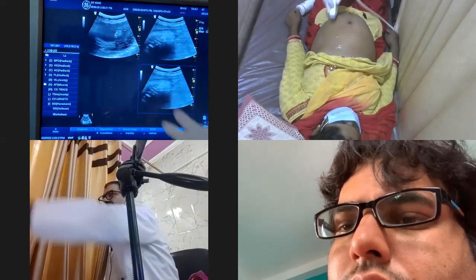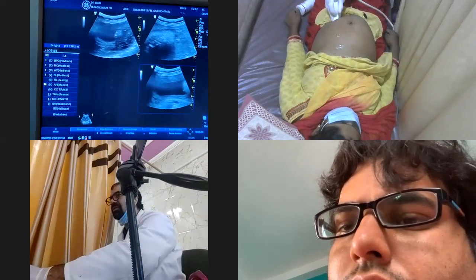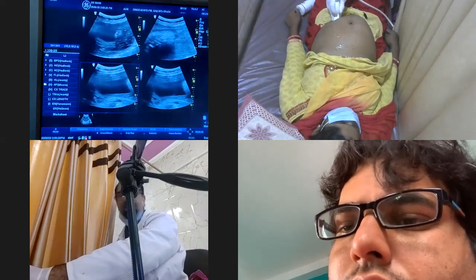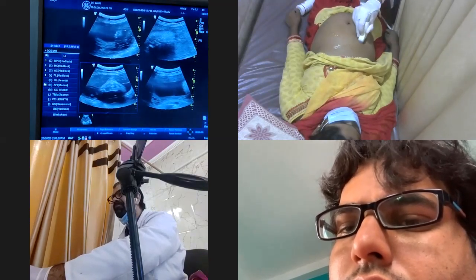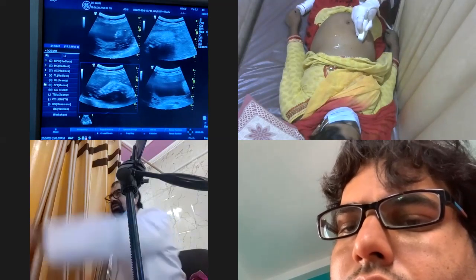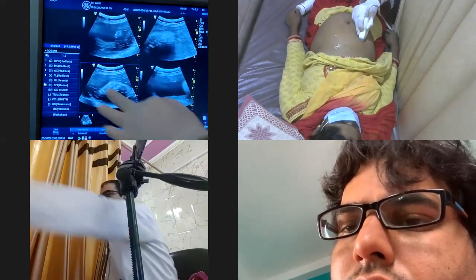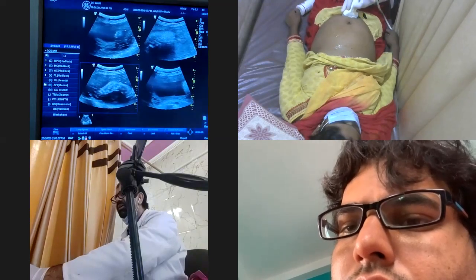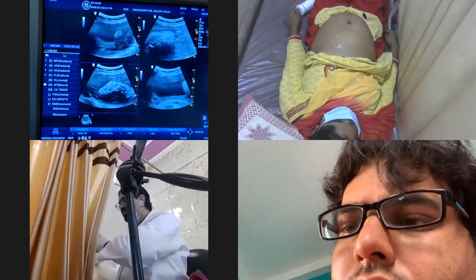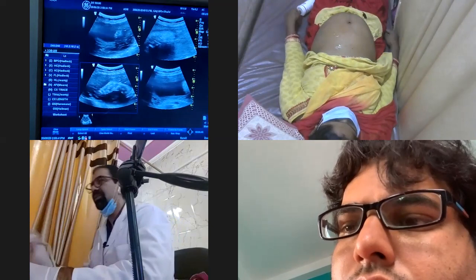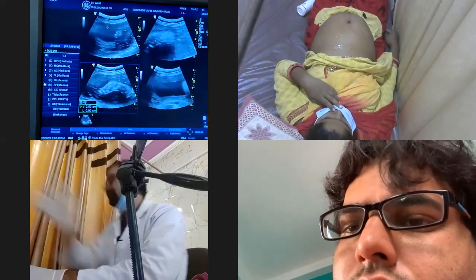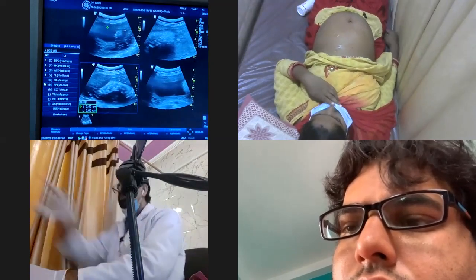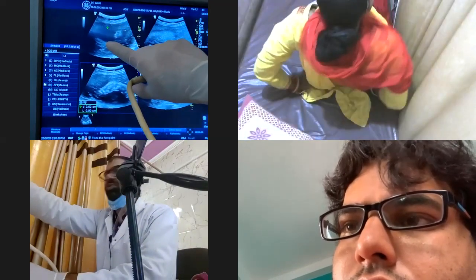Then moving to the third frame. Yeah, here I got a good pocket. And over here, this is the pocket. So these are 4 pockets which we will add to get the amniotic fluid. We'll leave the patient and we will keep on adding the pockets. Over here, I have to take, from here to this point.